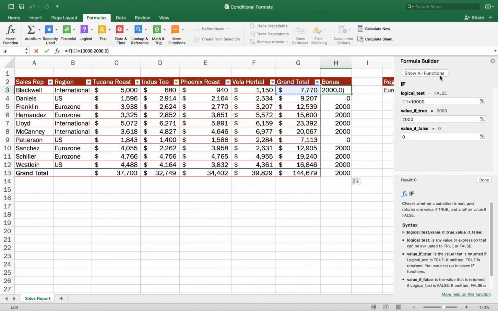So even if you didn't know what this IF function does, by being able to open the formula builder, you can see a description of what it does and what the syntax is. That's a cool way to reverse engineer a function that's in a spreadsheet that you get from somebody else. So now instead of going over to the guy who built this and having to ask him what that IF function does, you can just act like you knew that all along.